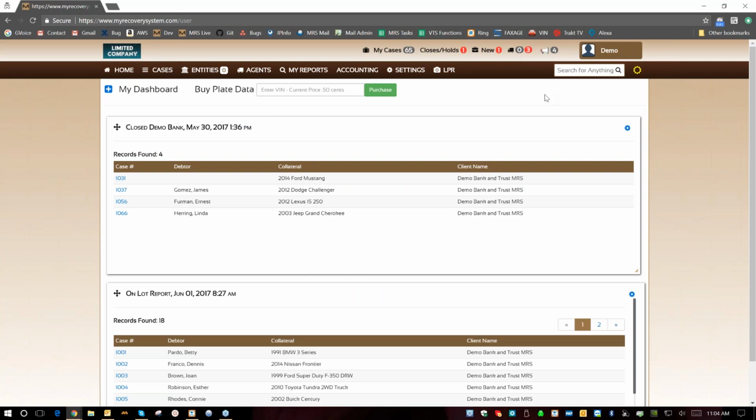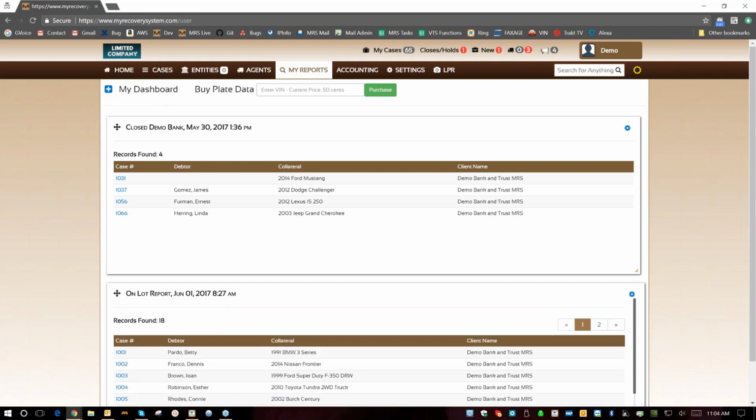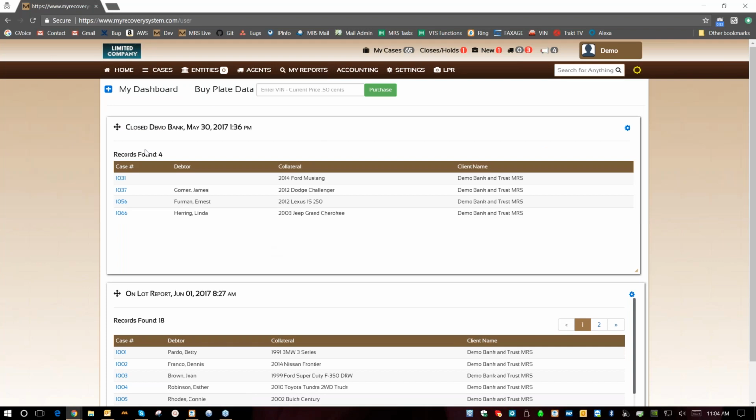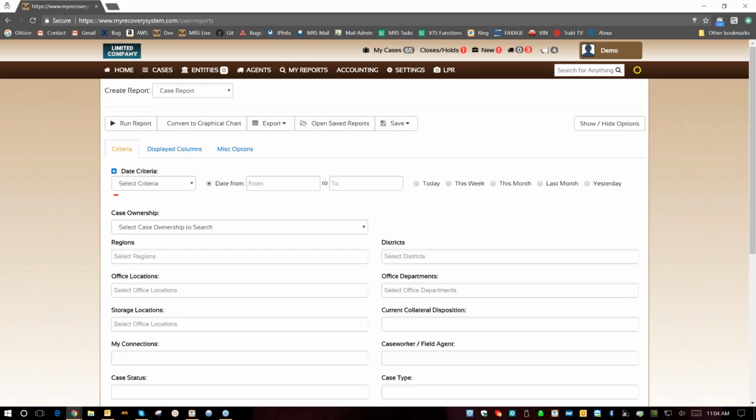Let's go ahead and get on the dashboard. We're logged in at the home screen, or the dashboard. This demo company I'm in right now happens to have a few customized reports on their dashboard, and those can be created right here under My Reports. You can select different options, create a report, and place it on your dashboard. A good example would be creating a case tags report